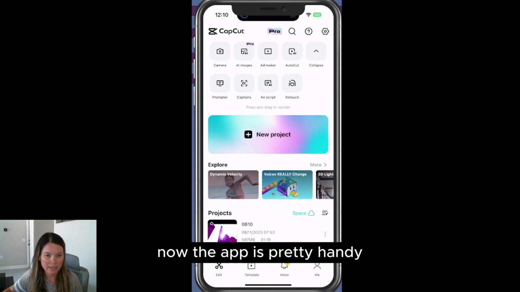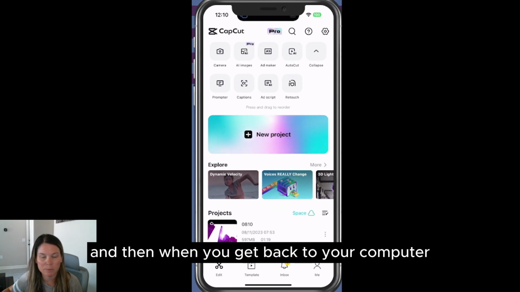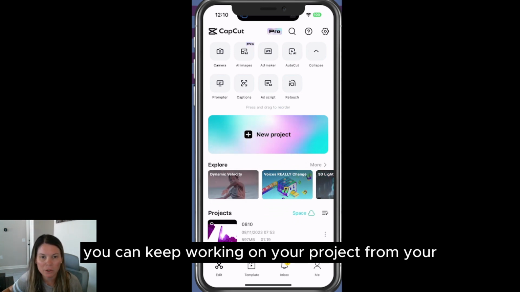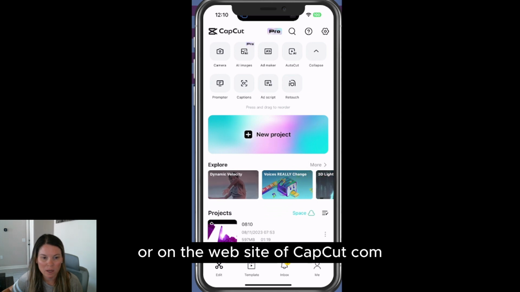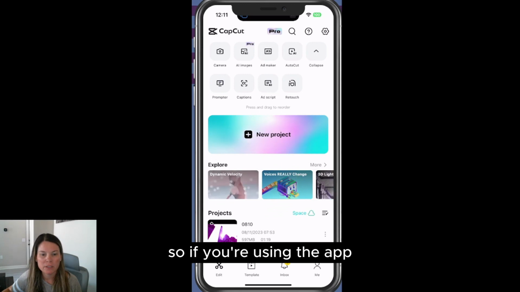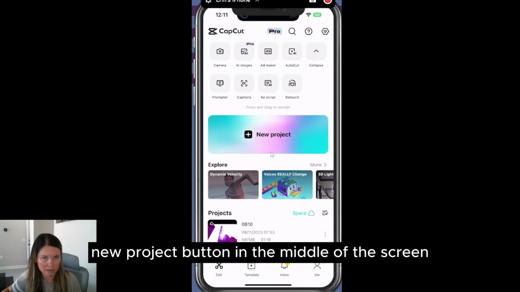Now the app is pretty handy because you can start a project on the go, and then when you get back to your computer you can keep working on your project from the application on your machine or on the website of CapCut.com. So if you're using the app, all you would do is again click on this big New Project button in the middle of the screen to